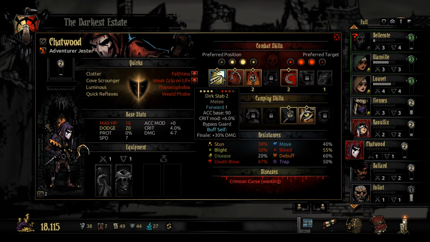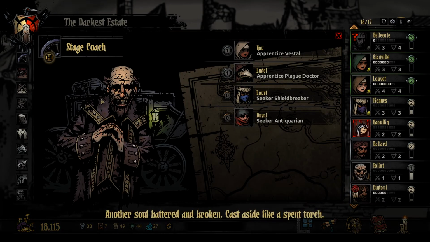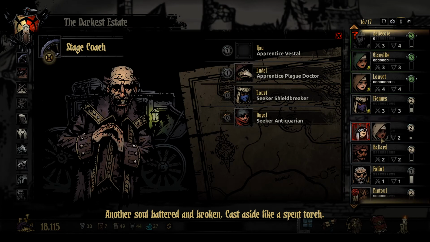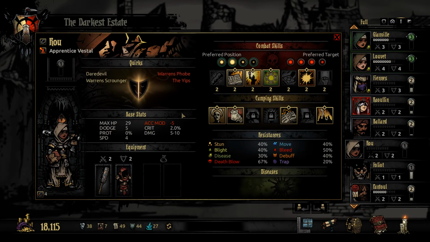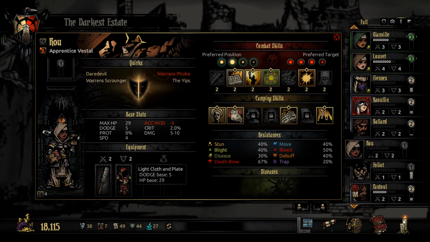I have spent a little money on you, but I don't mind. Another soul that. battered and broken, cast aside like a spent torch. Yeah. So we're going to recruit Rue instead. So we have another low-level healer. And you have level 2 equipment already, which is nice. You have some quirks as well, however, but that's